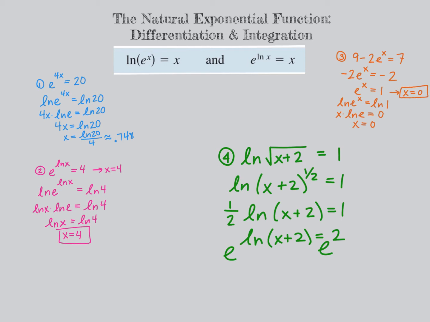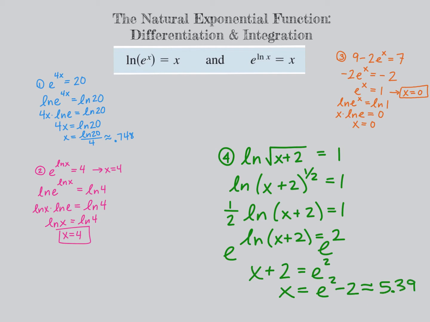Now, the reason I did this is because it looks like this property here: e to the ln of whatever equals that whatever. So in this case, we have e to the ln of x plus 2. This left-hand side really just equals x plus 2 from that property. So we have x plus 2 equals e squared. And then when we subtract 2 from both sides, we'll get e squared minus 2. And that gives us approximately